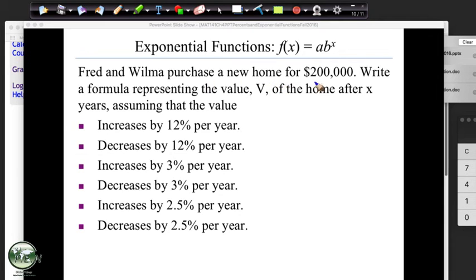We've got this with the purchase of a new home, $120,000 or $200,000. Write a formula representing the value V of the home after x years, assuming that the value increases by 12%. So as we've been working through, you'll see that this is the part, remember,